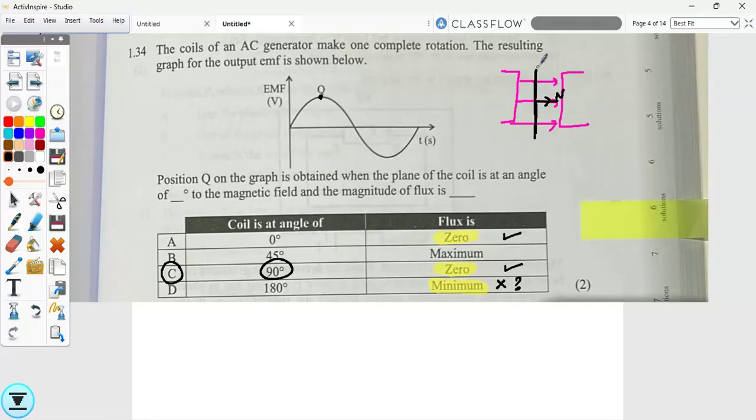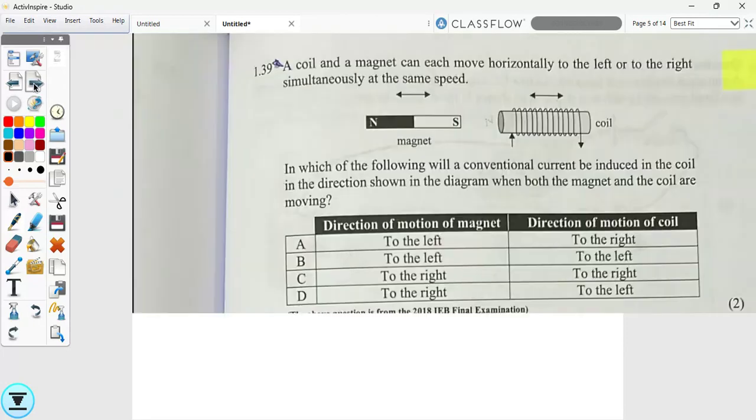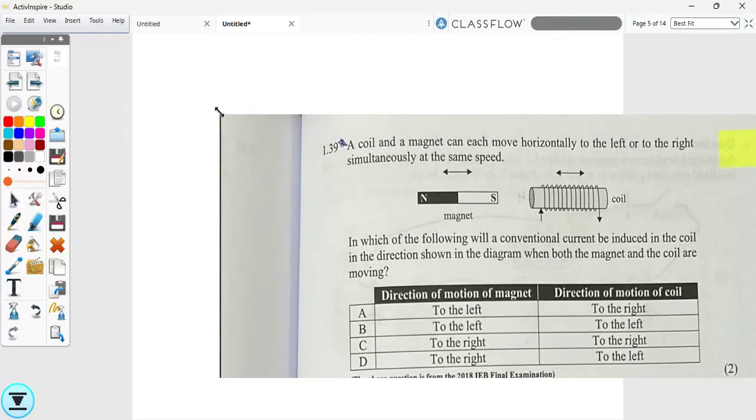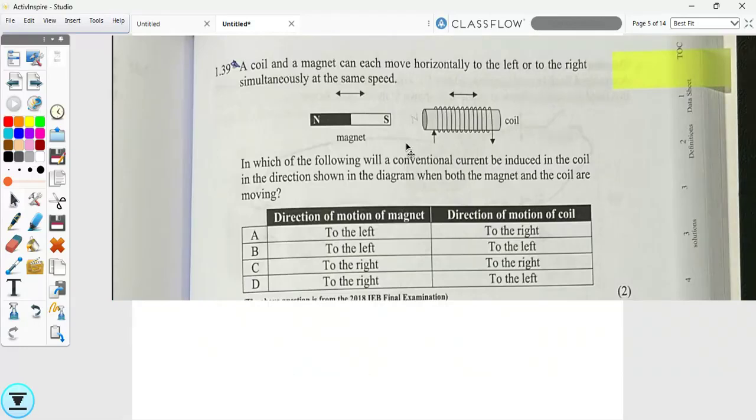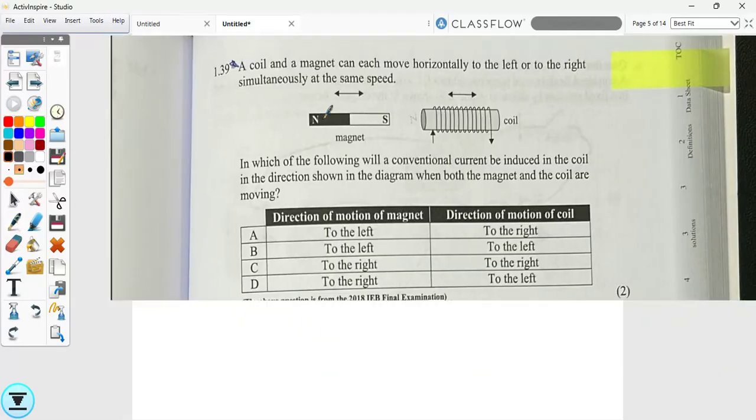Okay, so it's the plane of the coil and the magnetic field that forms 90 degrees with each other there. So you can't always use the equation. I actually never use the equation except if I want a shortcut in a multiple choice for values. But you don't have to be able to do calculations for this section anyway. Okay, so for this one,